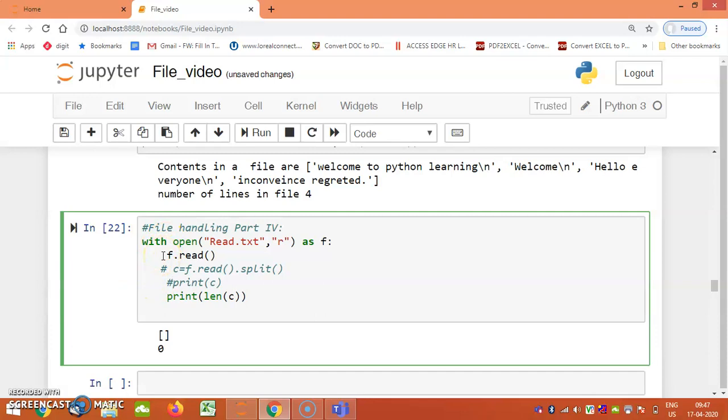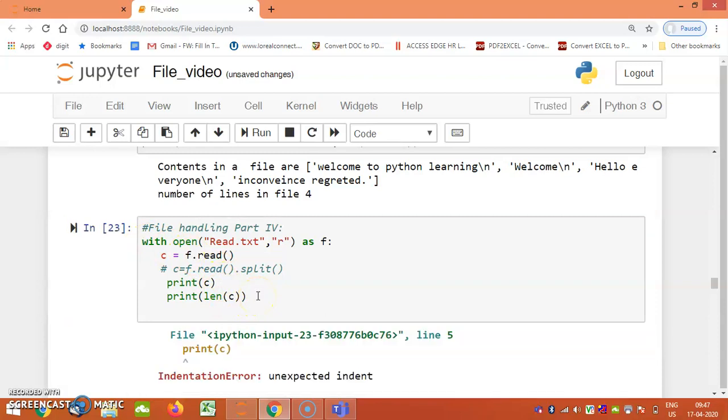I will read this file and pass its content to a variable: c is equal to f.read, where read is the function I have performed. Then I have printed the content and the length.